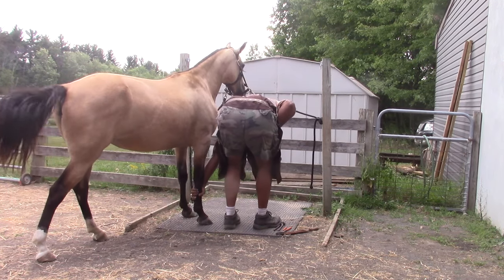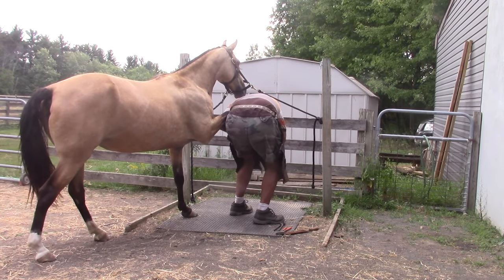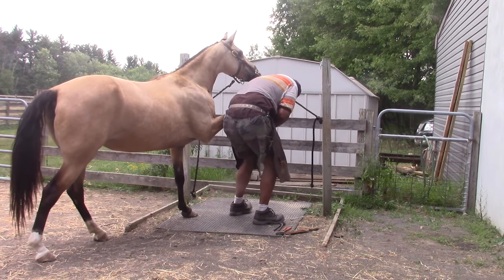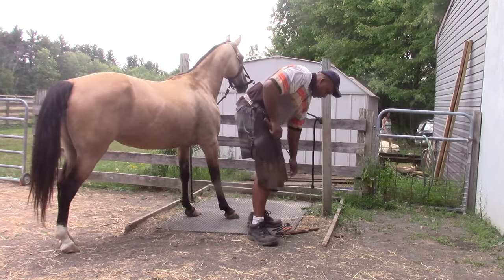Let her know. Now I'm picking this front hoof up, just cleaning up the hoof wall so that it's done in a workmanlike manner, and that it looks nice, appealing to the owner, and it does serve a little purpose there too, as well as to get the horse's hoof to roll over. All right, so